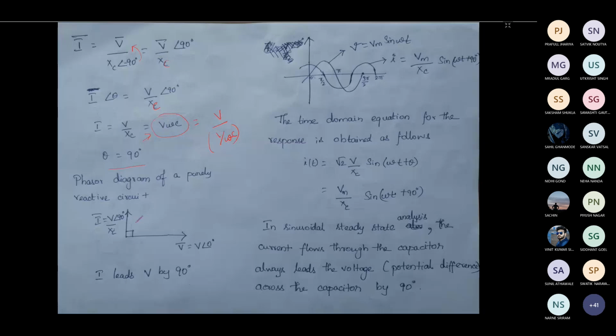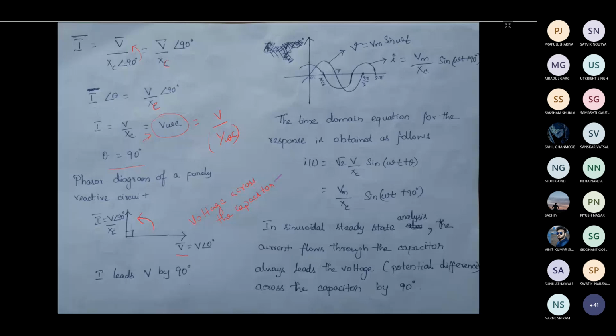So as we discussed before, the phasor diagram should be drawn like this. If you are taking the voltage as reference, the current will be leading the voltage by 90 degree, or in another way you can say that the voltage is lagging the current by 90 degree. So what is this voltage? This is the voltage across the capacitor. So always keep it in mind that the voltage across the capacitor is lagging the current which is passing through it by 90 degree.